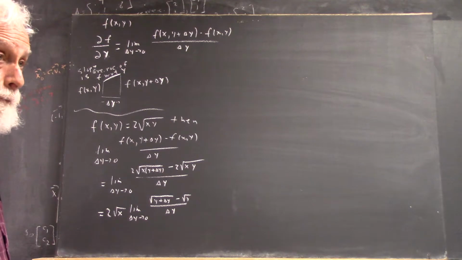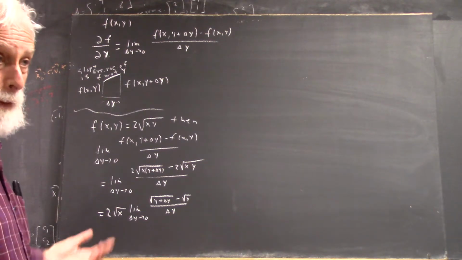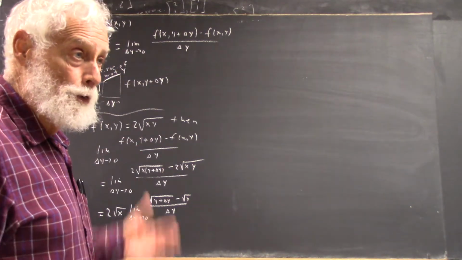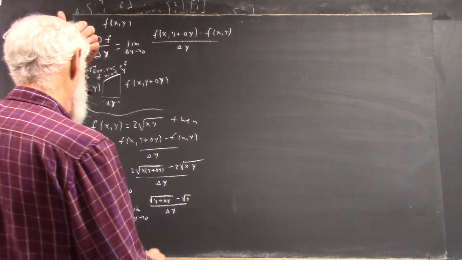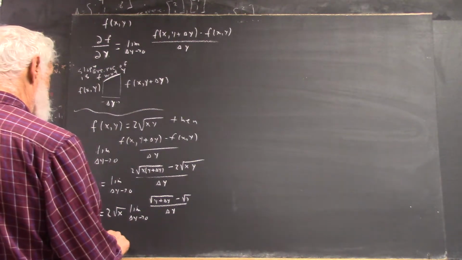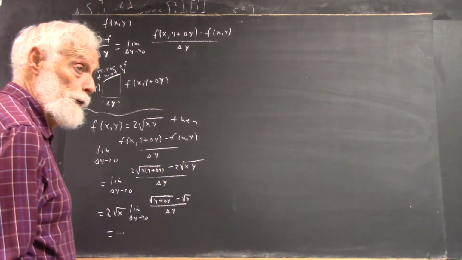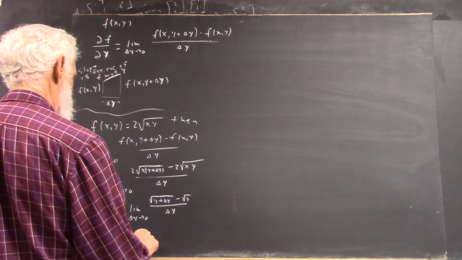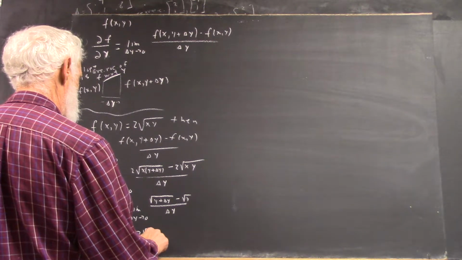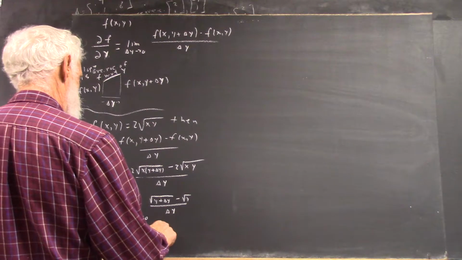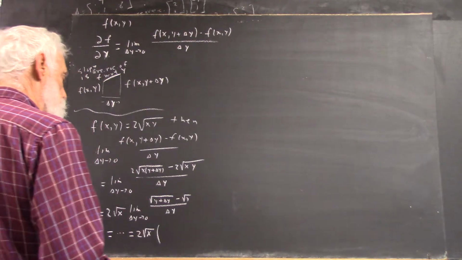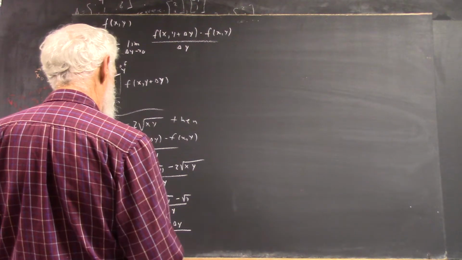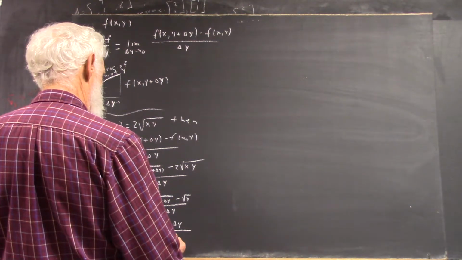And then what do we do? Well, Elam, you actually came up with it in class the other day. We multiply by a conjugate of this thing, numerator and denominator. And I'm not going to do that. That's standard first year calculus. Review it if you need to. But what we're going to get in the numerator is delta y. In the denominator, we're going to get